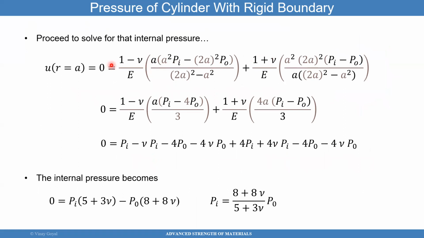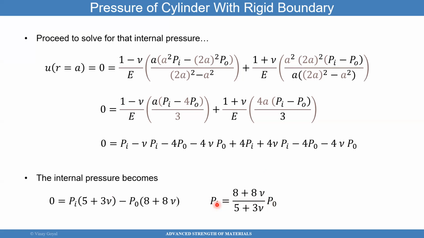So there you go. I tried to solve it little by little, and I did this on the airplane as I was coming down here, which is the reason why you don't have these charts. But here you can see, I tried to solve for PI in terms of P naught. I multiplied everything out. It's kind of painful. Modulus cancels out, the 3 cancels out. So I just kind of multiplied patiently until finally, despite the turbulence, it came out very nicely. The pressure that prevents the inner radius from moving because there's a rigid constraint can be found. If I know P naught, I can get you PI,